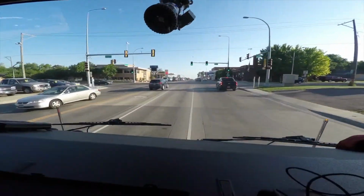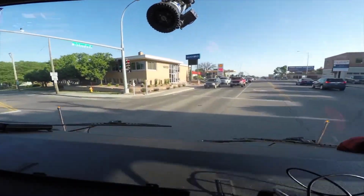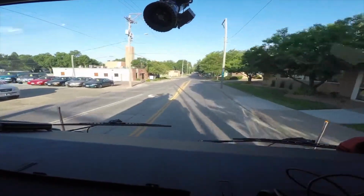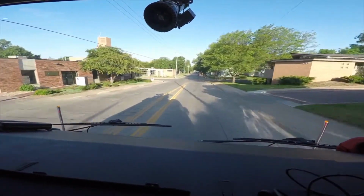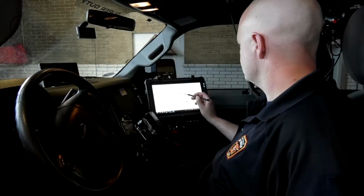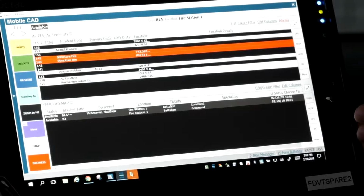So if a truck's out on a call at a structure fire or something, and they're not within their station or in their territory, and they're returning, and another call comes in, how will AVL work that and handle that? The AVL system in the CAD knows where every unit is at all times. So no matter what happens, once that unit says that I'm available for a call, it takes a route time for that unit and every other unit around, and it assigns whoever has that shortest routing time, it'll deploy them